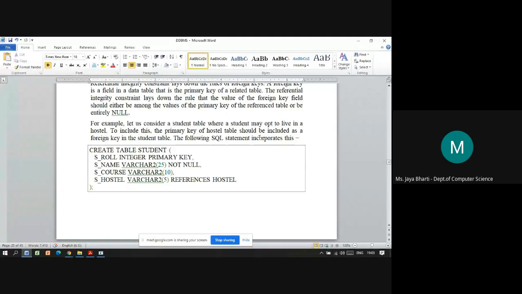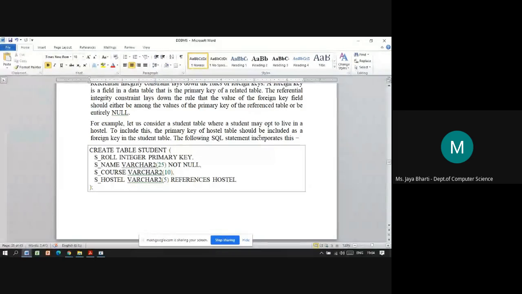Suppose these two tables are not connected. There is no referential integrity set up. So employee and department behave as separate entities, not connected with anything. In the employee table, we will have the attributes EMP ID, that is employee ID, employee name, department ID, salary, address, contact number.